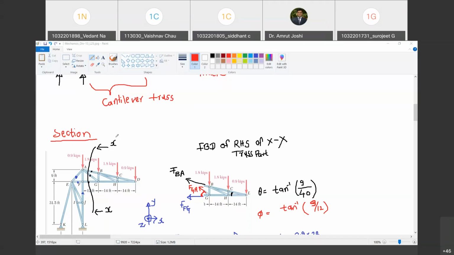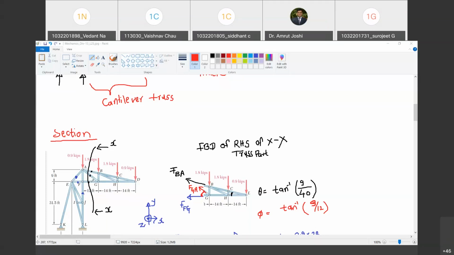Yes, sir. ओके सो सेक्शन की प्रॉपर्टी देखो कैसी होनी चाहिए, क्यों होनी चाहिए वो बाद में देखेंगे, बट हाउ शुड द सेक्शन बी इन मेथड ऑफ सेक्शंस? You should take section in such a fashion that it divides the truss in two parts without any connection between them. Are you with me? After giving the cut, of course. Are you with me? Yes, sir.